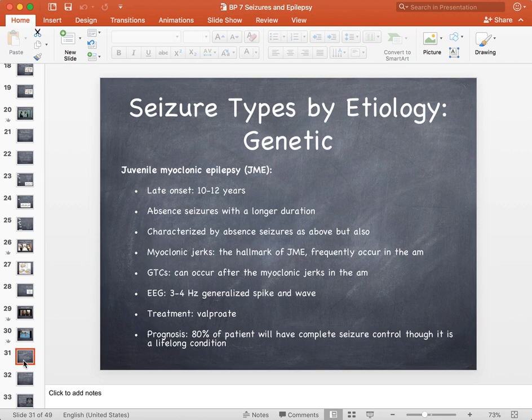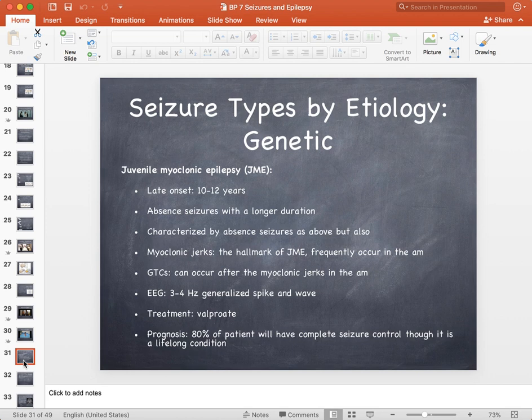So juvenile myoclonic epilepsy. Essentially it looks like an absence seizure, but it lasts longer, maybe up to 45 seconds, even a minute. This is going to be later onset, like 10 to 12 years, even into adolescence. Or, as we mentioned before, it's the absence seizure, or what you thought was absence seizures, that keep going into adolescence. It's also characterized